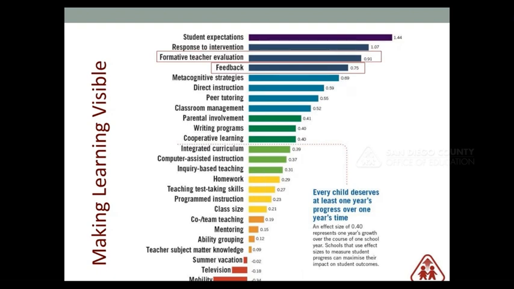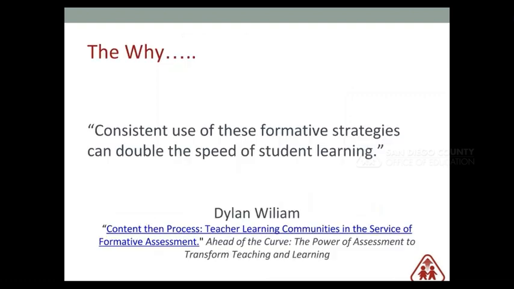And so the reason that we focus so much on feedback, on formative assessment, and the reason that you're seeing such a resurgence of research on it is because of that obvious research-based effect that it has on improving student learning. You've probably seen research about students taking quick quizzes to assess their learning, and it's really having students give that constant feedback to themselves and to their peers that helps them move their learning forward. And the research shows that consistent, and that word is really important, I'm going to emphasize that, the consistent use of formative strategies can double the speed of student learning.